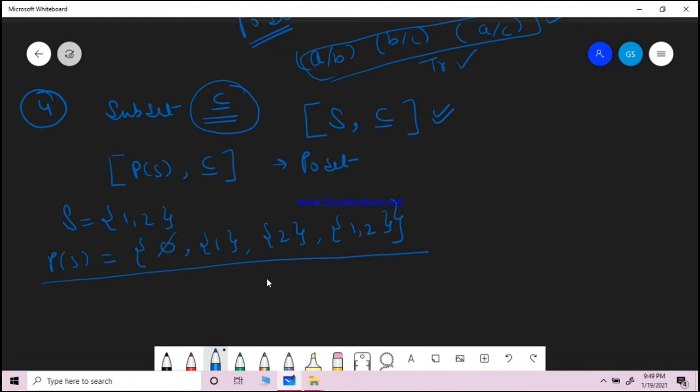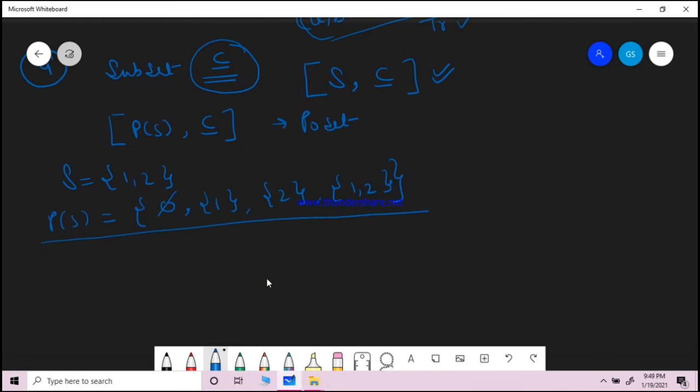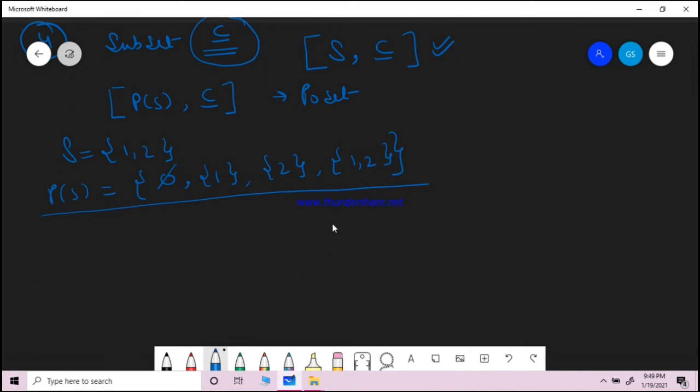Now, if you want to check, you simply have to check the subsets in this group. So I can draw a matrix for that, so that you can solve this question. Then I simply write down the values: these are the values and this is {1, 2}. The same way you can draw here also.